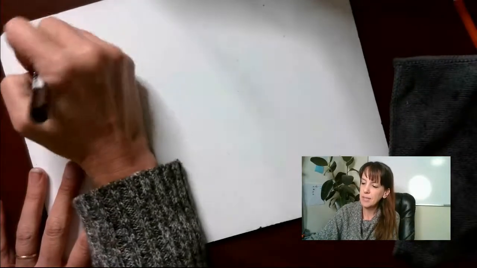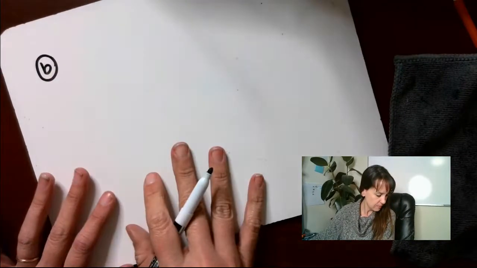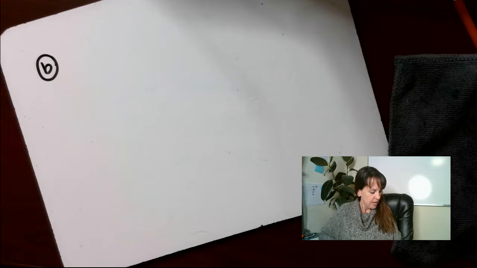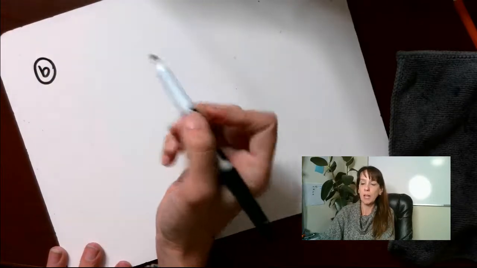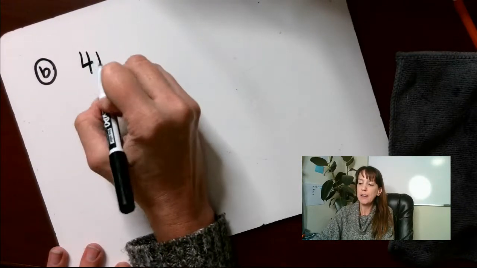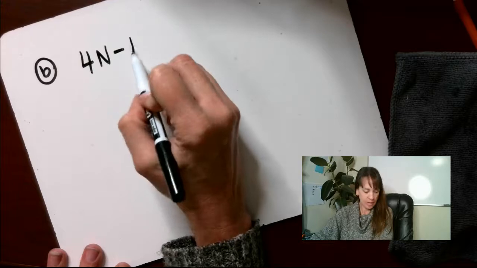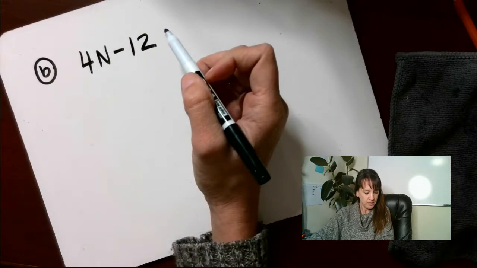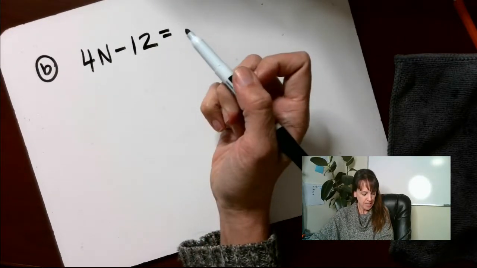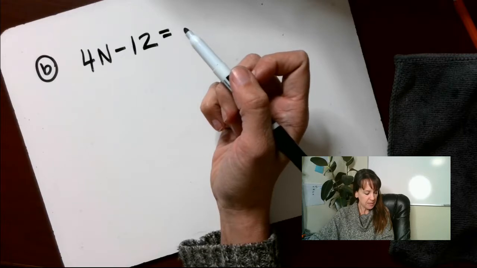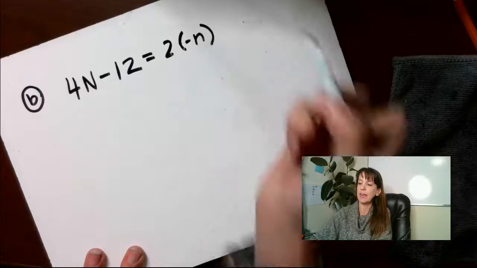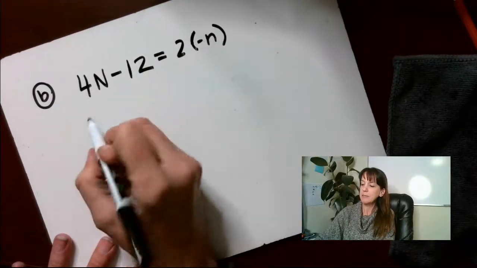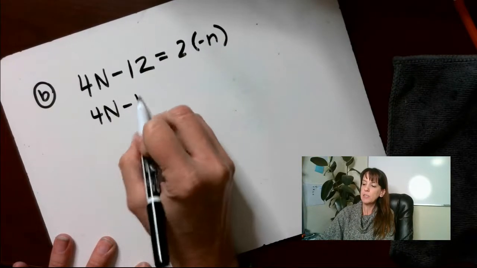All right, so let's talk about B. If the product of 4 and a number is decreased by 12, the result is twice the opposite of the number. The product, meaning multiply, of 4 and a number is decreased by 12. So 2 times, let's put it in parentheses, negative n. Let's rewrite that. So it's 4n minus 12 equals